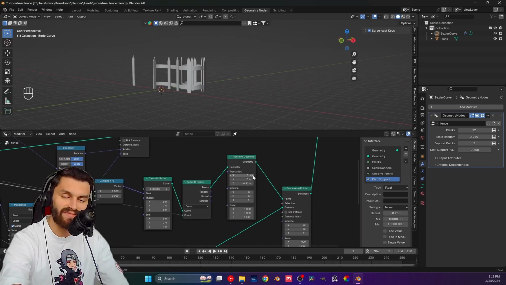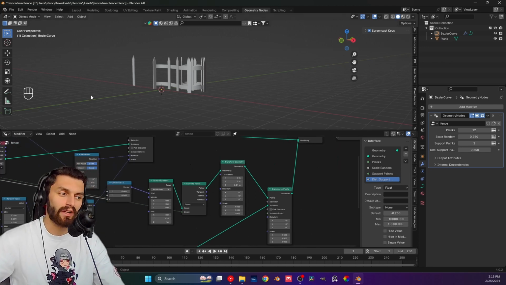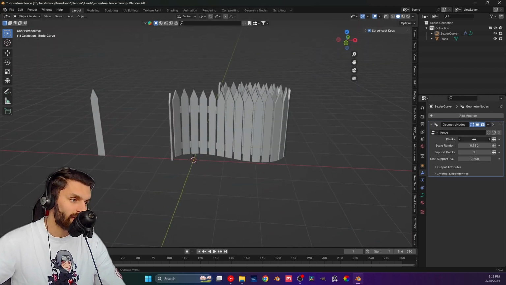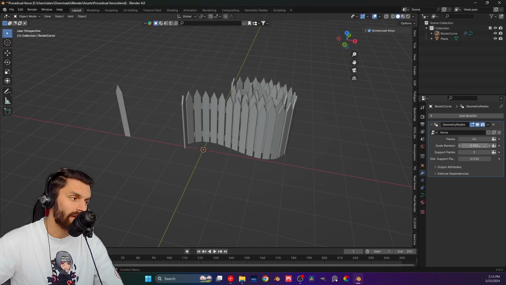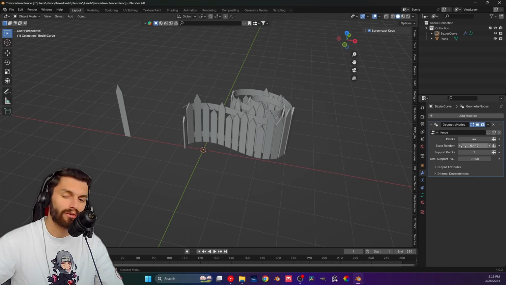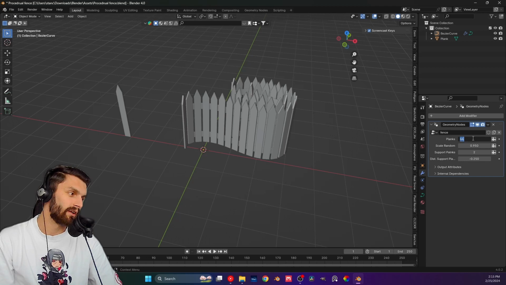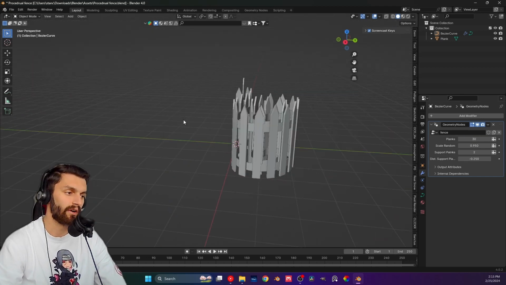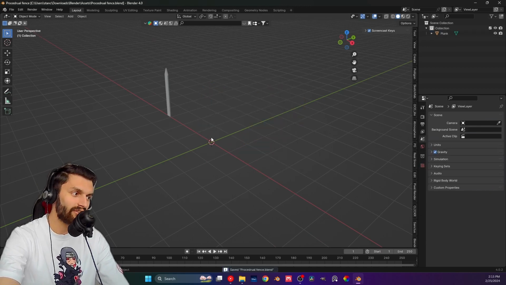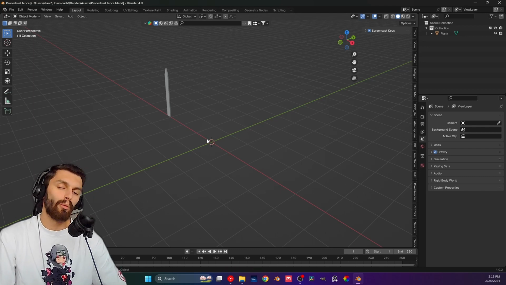And really, there's nothing else I can think of. Maybe the transform, but I don't think that's really that useful per se. So yeah, this is kind of it. So with this here, we can actually change this however we feel like it. We can increase or decrease this randomness here, which I think is super useful. And yeah, we can do all sorts of cool stuff with this. This is why I love geometry nodes so much, because it is such an easy way of doing these extremely cool things. Now we have this,